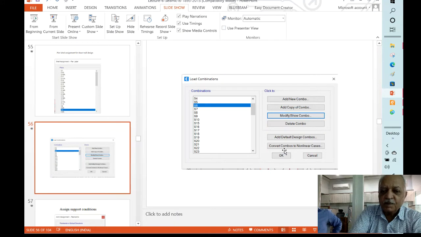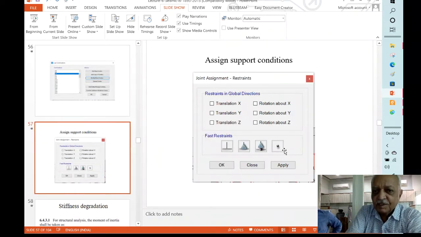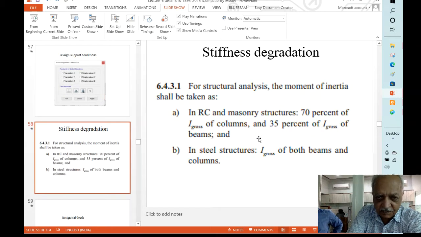Then you have got load combinations, as I indicated that you can use default. One is for serviceability where lateral deformations are considered, and the other is for design purpose. And you have to assign the supports, so you select those support points at the base and then assign whether you have got XYZ restraint and rotations about XYZ axis restraint. Okay. And then stiffness degradation for this